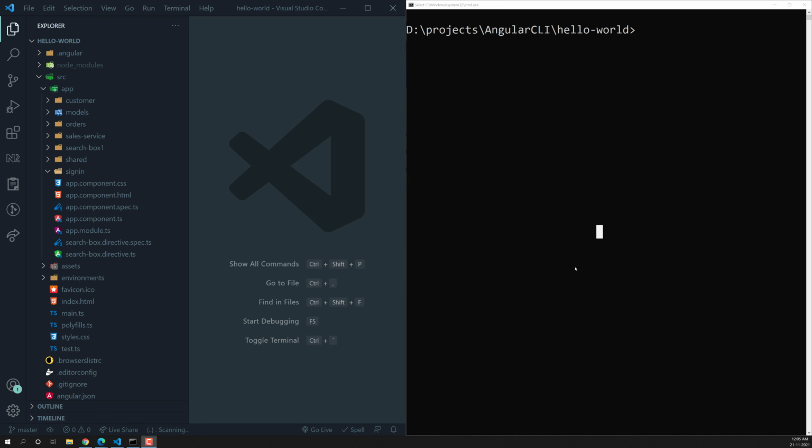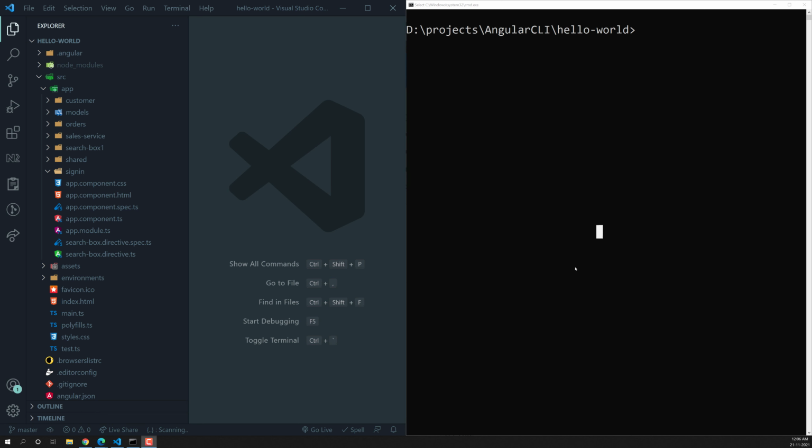Now you need to understand why we need to create a module. The reason we create a module in Angular is, for example, if you have a feature and you want to add that feature in a separate structure, in a separate folder, or anything. If you want to separate the feature, then you will create a module for that feature. So for that feature or module, you will have a separate set of components, services, directives, or anything. Whatever components are included in that feature will be added in that module.